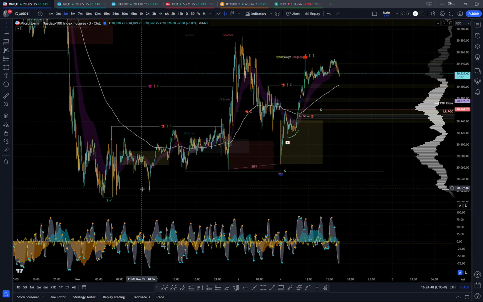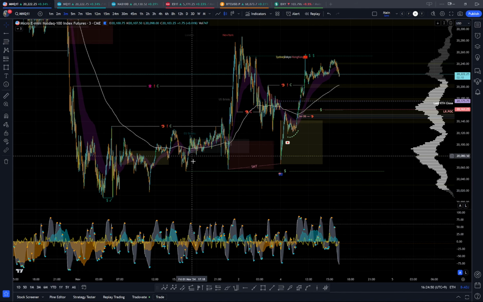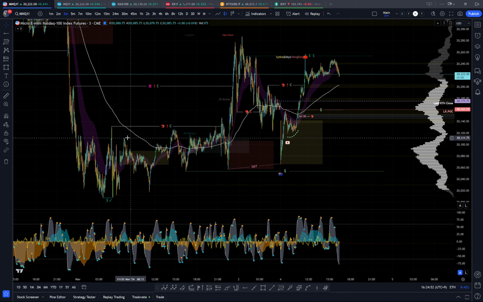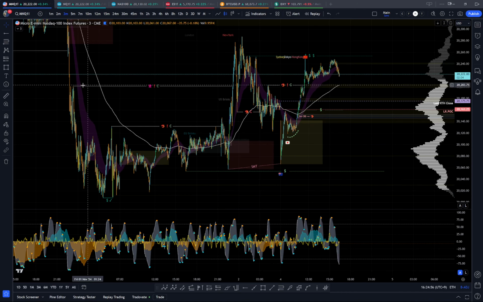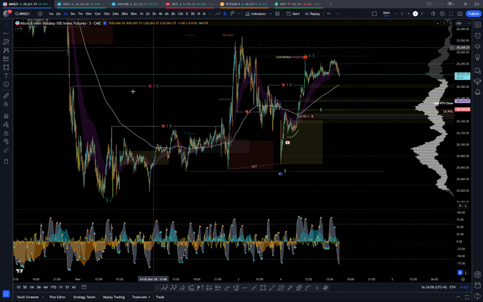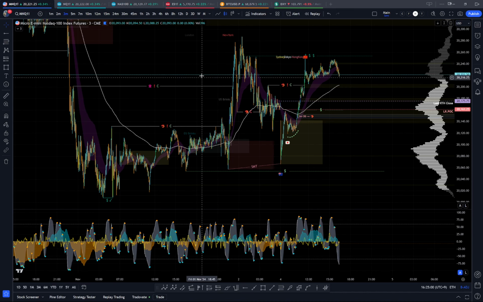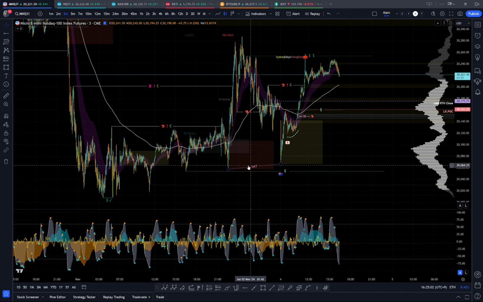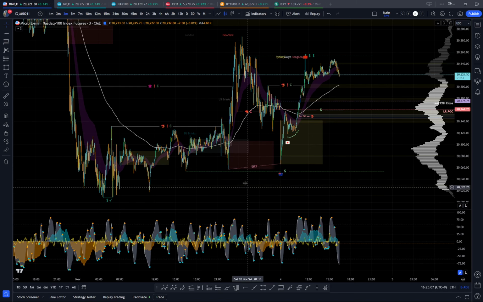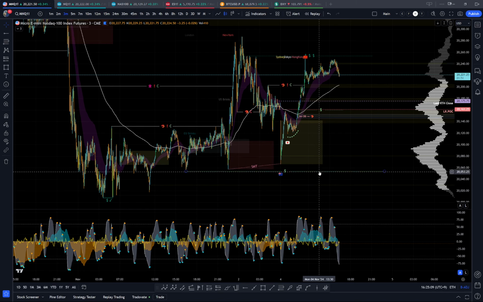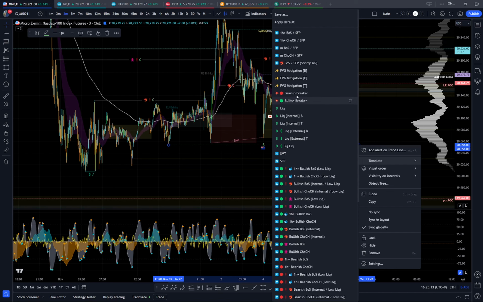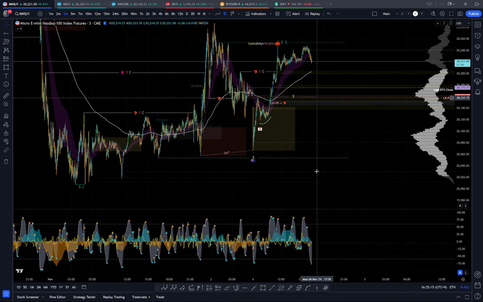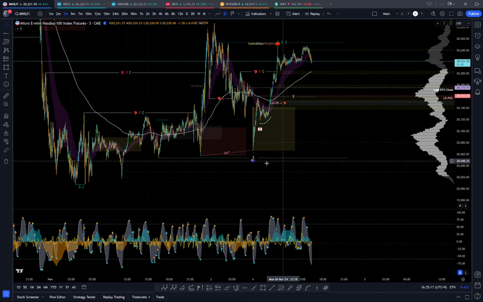So this change of character down here, it has taken liquidity, but internally, and it's part of this greater one. This greater one still has to prove itself. To me, the liquidity that's been taken has all been internal. I would have liked to see one of these lows getting tapped, which I feel like they might leave, in the form of Sydney's low as well. They could swing fail a lot of these.